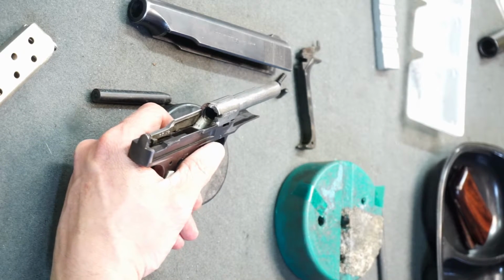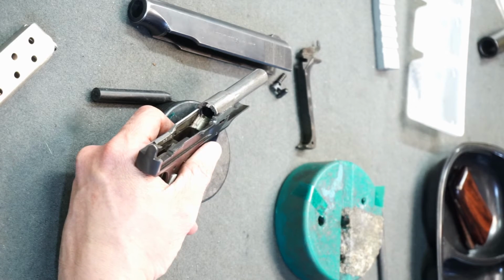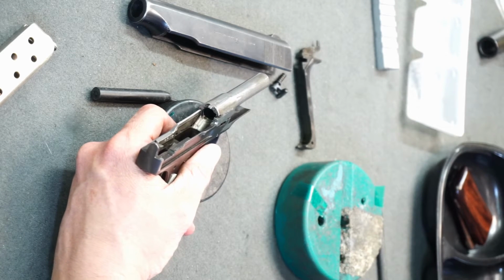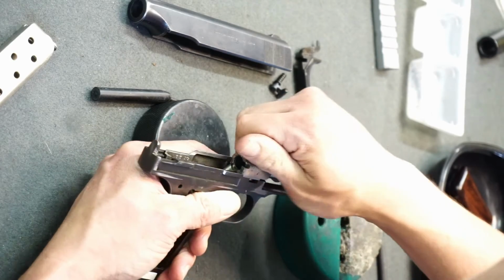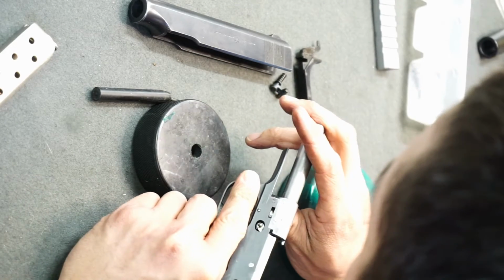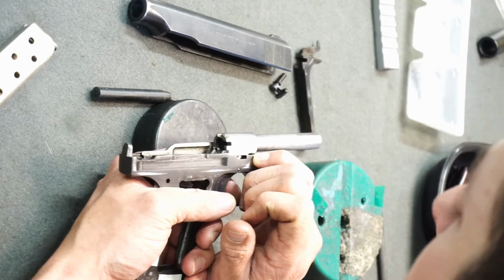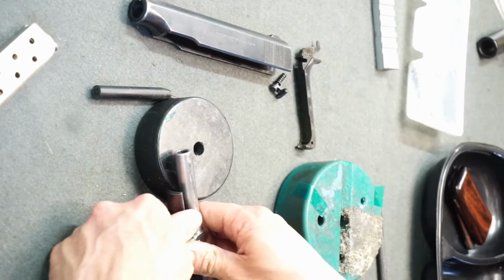Let's see. Thinking. Looking for barrels. Don't see it. I've got the pin here for the trigger pivot. I don't think that that is part of it, but it might be. Okay, so there's a lug right there that would indicate to me it's keeping that barrel from being able to go to that right side. So maybe